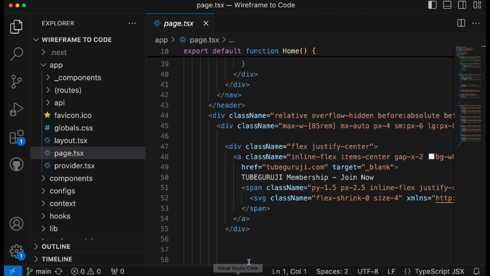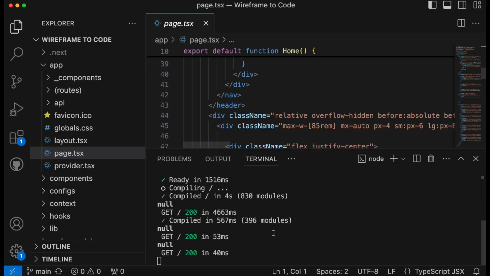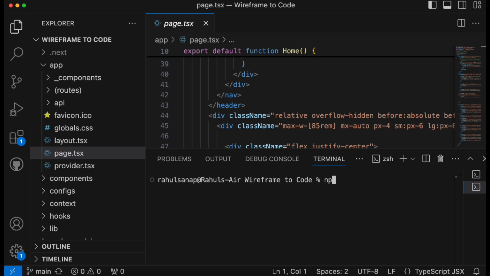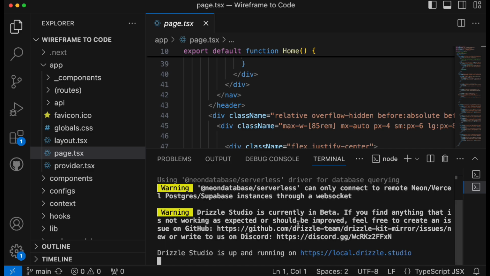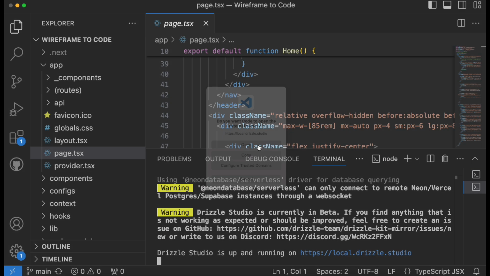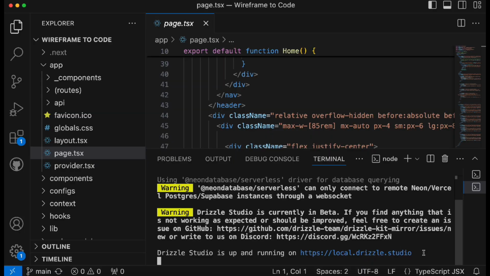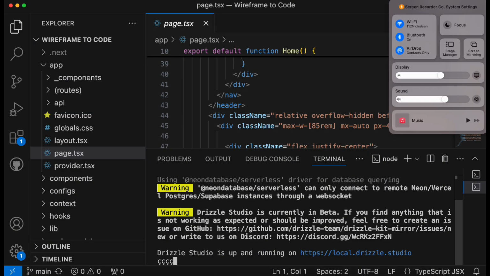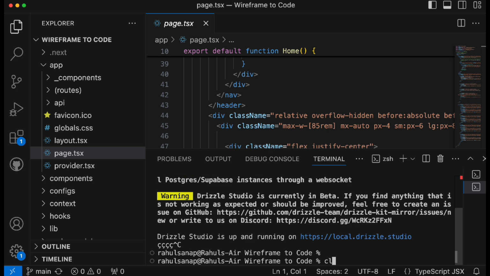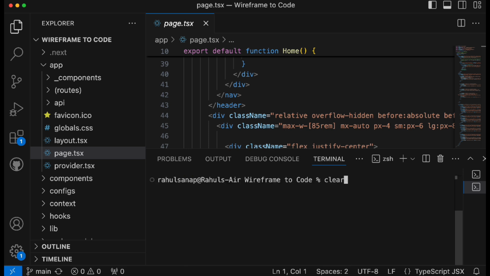Okay, and now in order to run the database, simply run a command called npx drizzle-kit studio. Okay, now it will open the local Drizzle Studio for you, where you can see the database and tables. Now if you see, you don't have any table currently, right? But let me stop this particular studio for now,